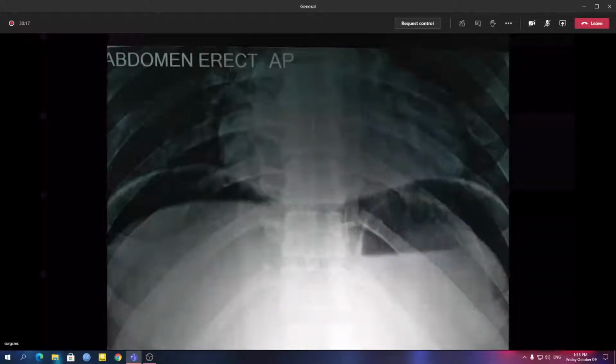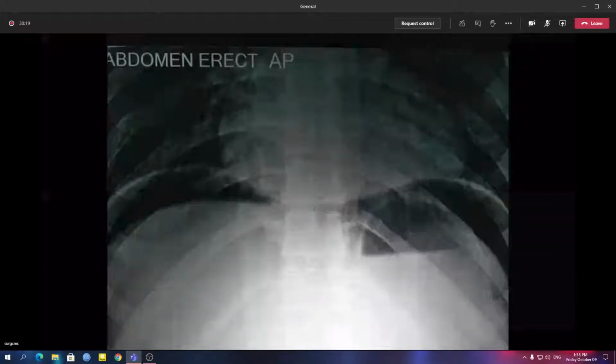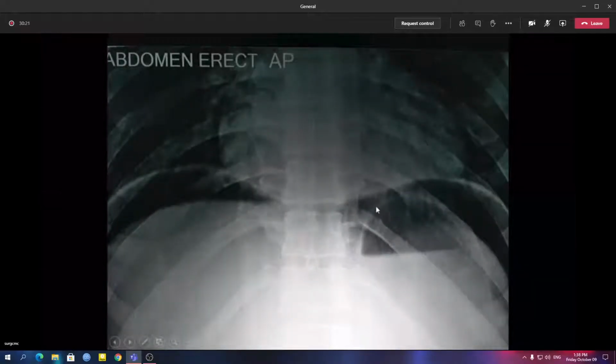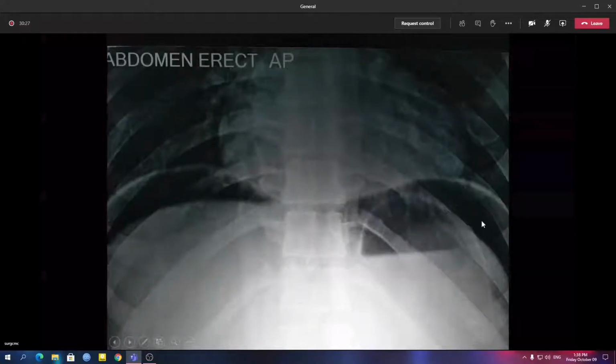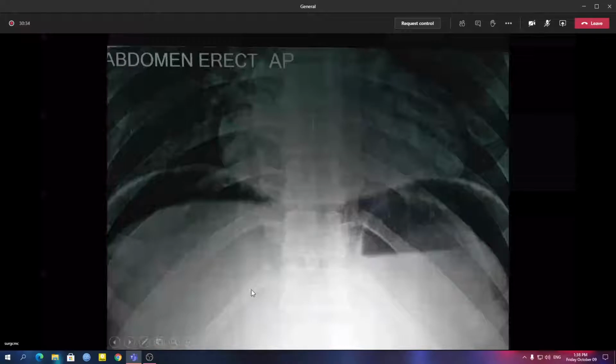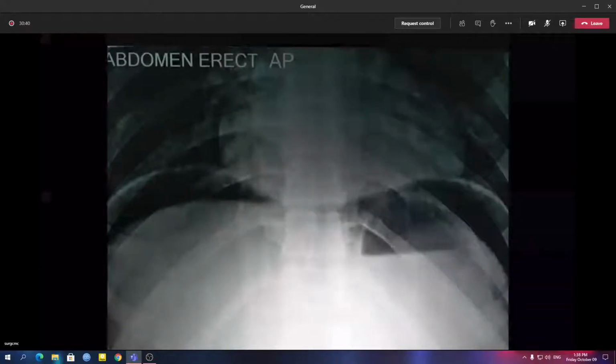Food. Yes, sir. In stomach. Yes, it is. Of course, this is stomach. See, this is the margin of the stomach. Okay. Stomach is going like this. There is free gas under the left hemidiaphragm as well. But why the straight line is there like that? So the air fluid level in the stomach. That is the level of fluid variation.